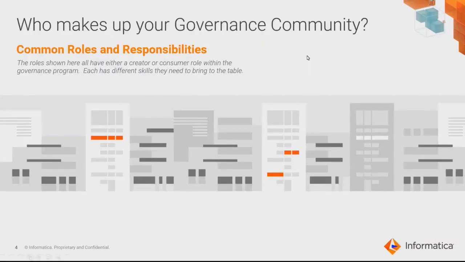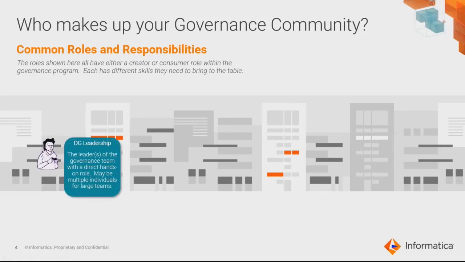Okay, so going through common roles and responsibilities, these are the people that are part of your governance program. There's multiple roles you'll have in your organization, and even as a small team, you might have multiple people wearing different hats right away. But just going through some of the key roles, you'll have a leadership role. Typically, part of the governance team could be the DGO in a small organization, or could be a project manager assigned to manage day-to-day activity in the data governance program. Again, could be shared by multiple individuals.